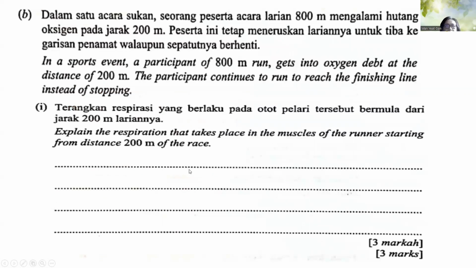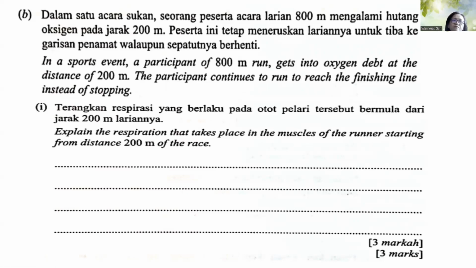In a sports event, a participant of an 800-meter run gets into oxygen debt. At the distance of 200 meters, the participant continued to run to reach the finishing line instead of stopping. Explain the respiration that takes place in the muscle of the runner starting from distance 200 meters of the race. So which means that